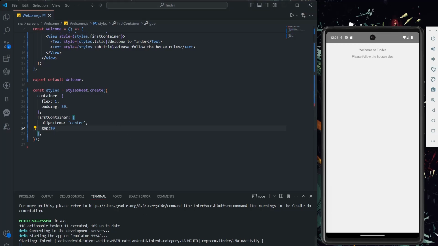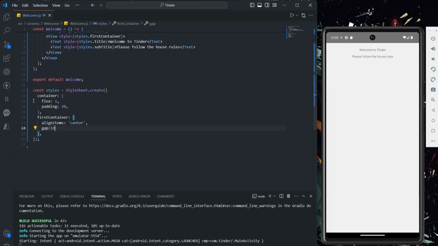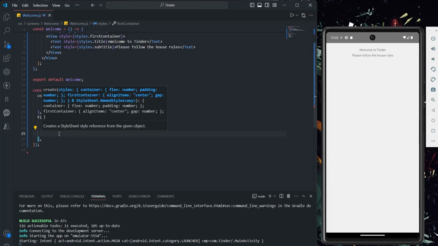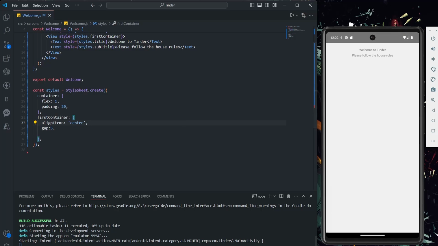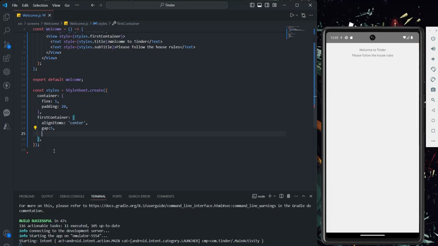Let's see the UI also. Okay, there is a bit of space here. Okay, 5 was too high. I'll say 5 was pretty much fine. Perfect. Can I say I need some space? If you see the UI here, there is some space from the top. I need some space from the top also. So can we say margin top of